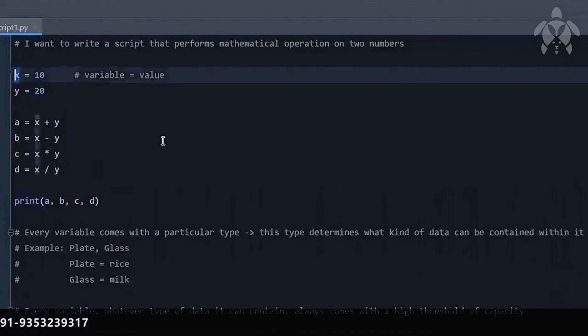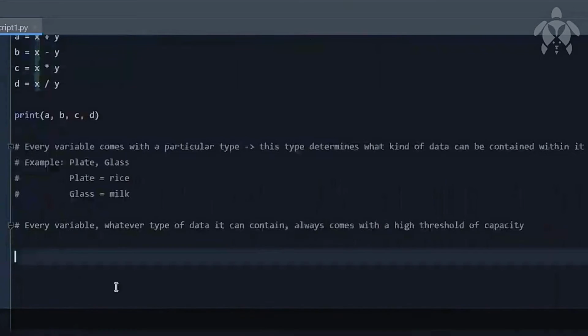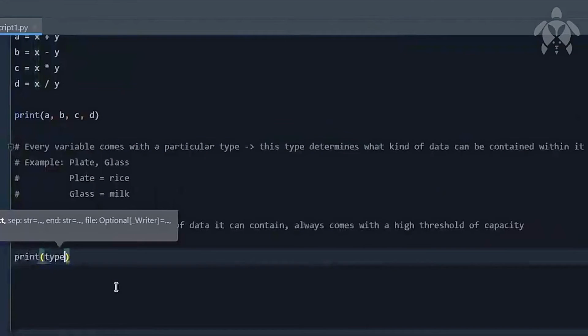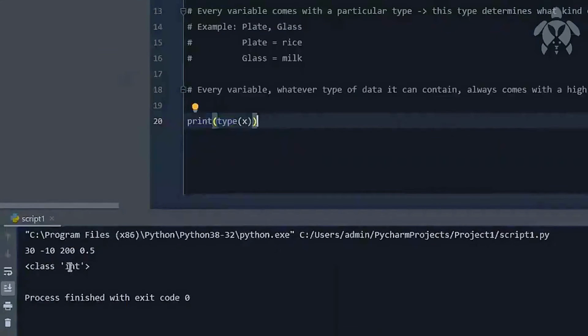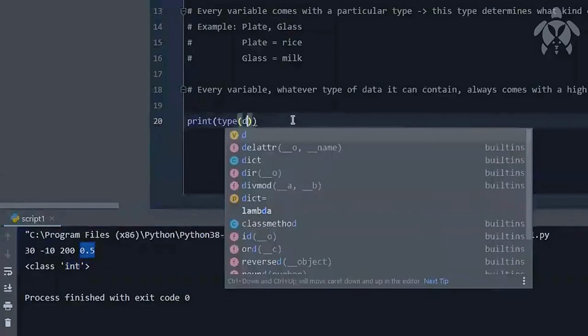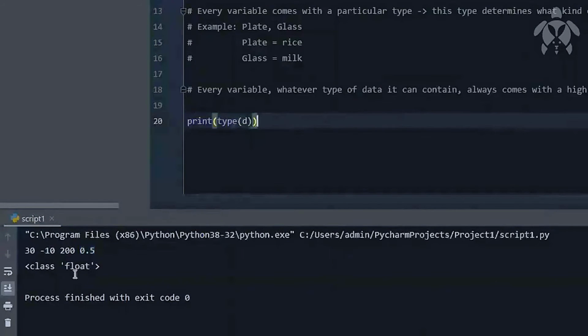So let us see what the type of X is. What do you think is the type of X? That's a number, right? It is an integer value. So if I print type of X, I am printing the type of X, correct? Typically you don't need these spaces. You will see it is telling class int. That means it is an integer. If I check for others, it will come more or less the same, but look at this D. This is not an integer, right? This is more like a float. Float means decimal value. So if I print the type of D, I'll find out it's telling float.